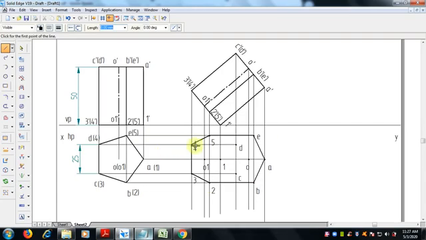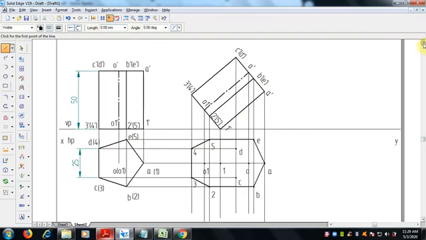Okay, now this is the line. So this is the maximum border, this A and this 3 4 and this CD. So now from the top view, what exactly are the visible and hidden views we have to see.